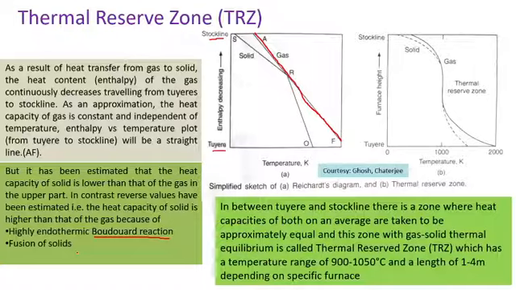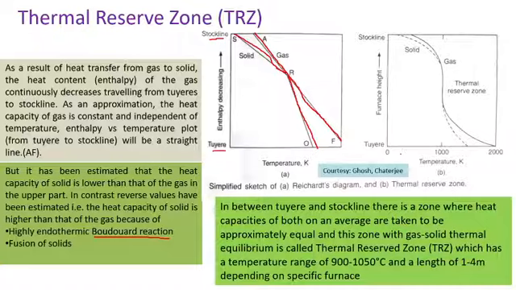So graphically, the solid enthalpy variation can be represented as shown in the figure simply by two lines, that is SR and RO. This diagram is called the Richards diagram. In case of a blast furnace, this is also valid. The temperature profile in a blast furnace also exhibits this type of behavior.